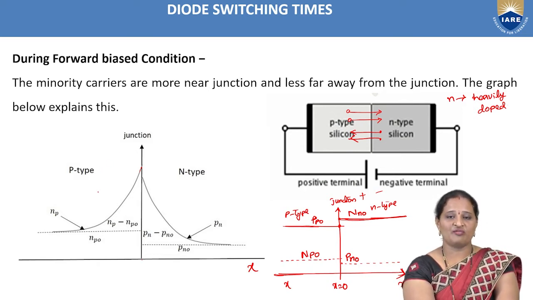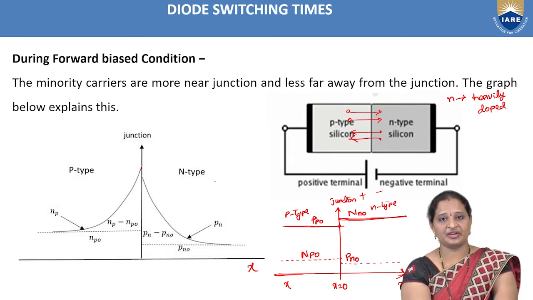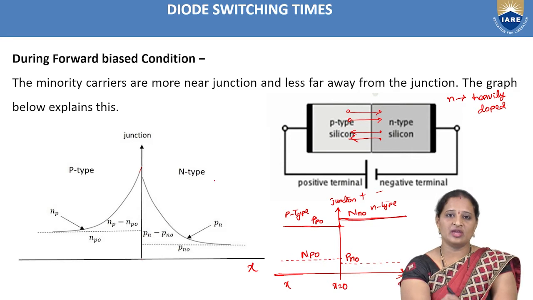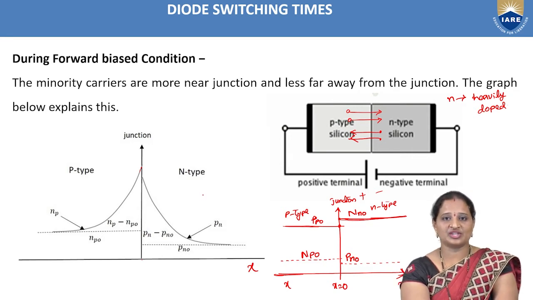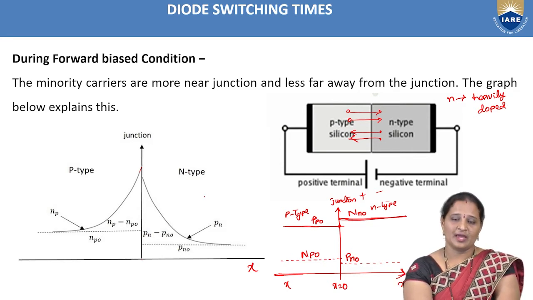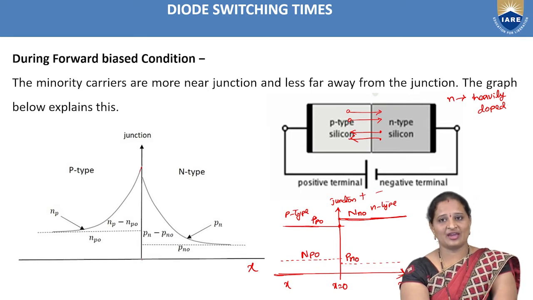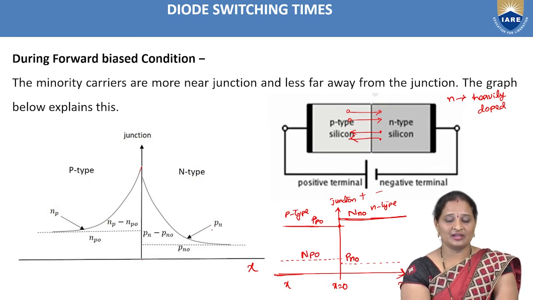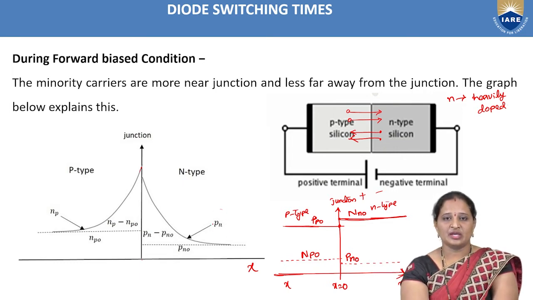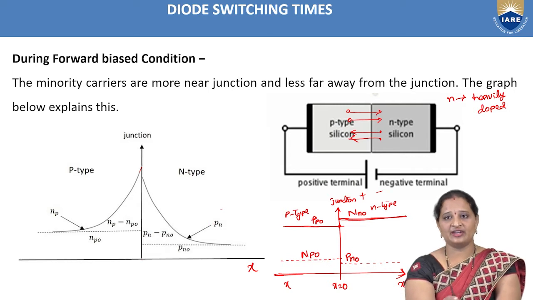charge carriers of p-type material, will cross the junction, and they will now enter into the n-type material. Now they become minority charge carriers in n-type material, and that minority charge carrier concentration in n-type material is represented with Pn. These are the injected carriers from p-type to n-type. The same thing happens once they enter into the n-type.